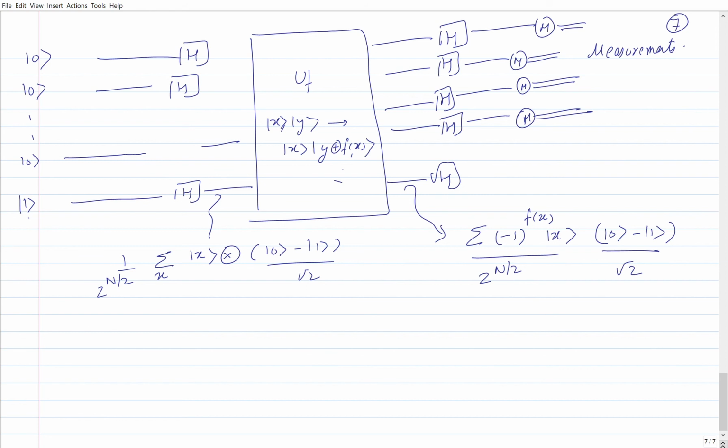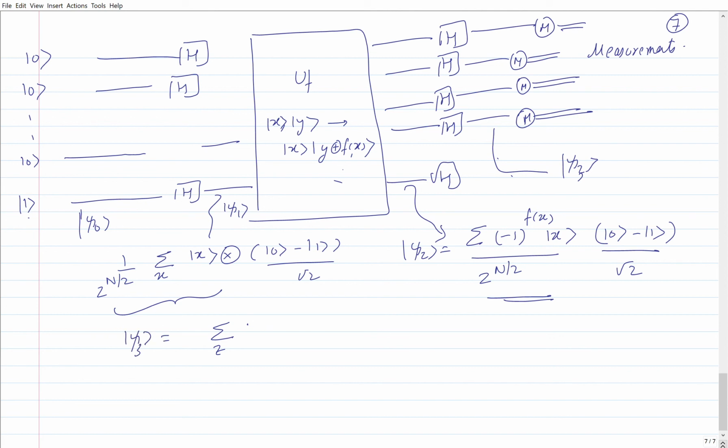So what's going on? I had this state over here, and then I am applying the Walsh-Hadamard transformation over here. So if this was psi 0, this was psi 1, this was psi 2, this is psi 3. So psi 3